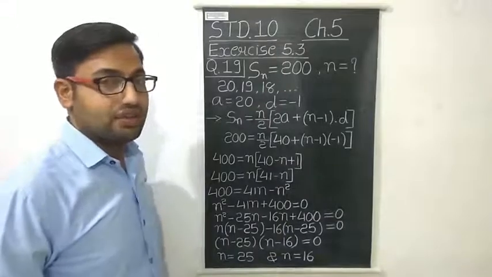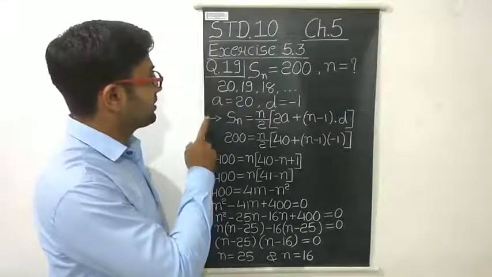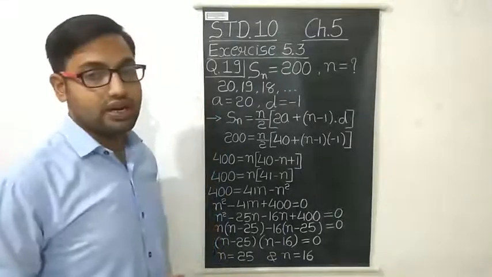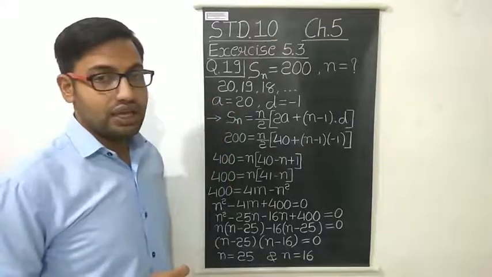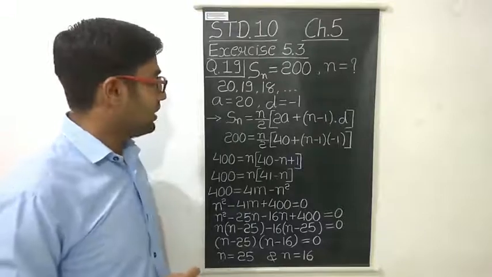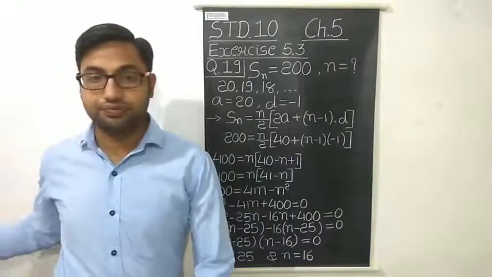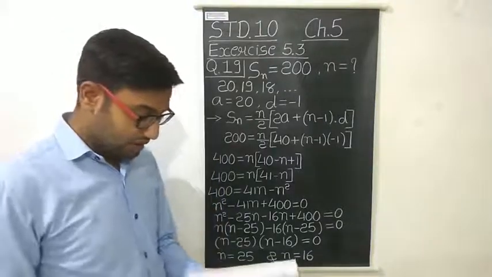Hello students, let us study today exercise 5.3 question number 19. This is the topic of standard 10 chapter number 5 arithmetic progressions. Okay, so what is the question? The question is